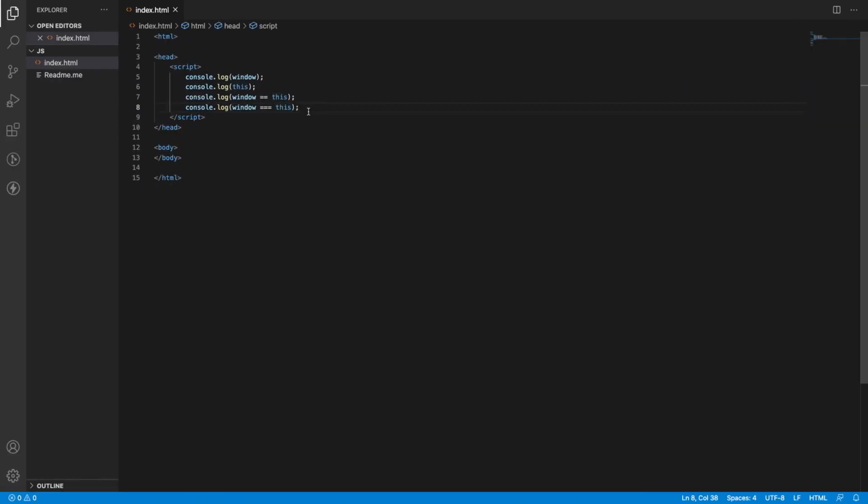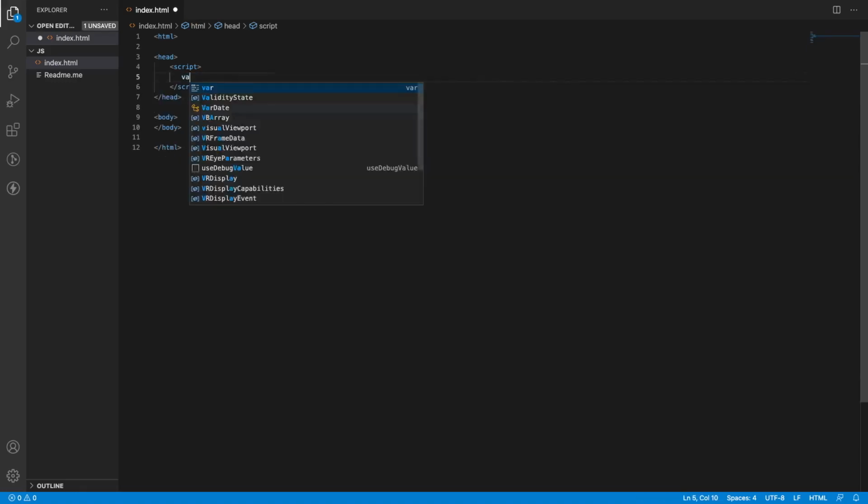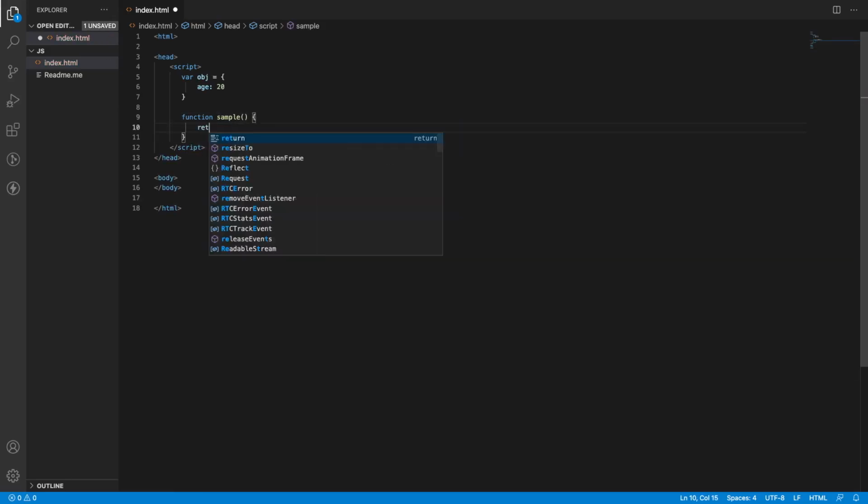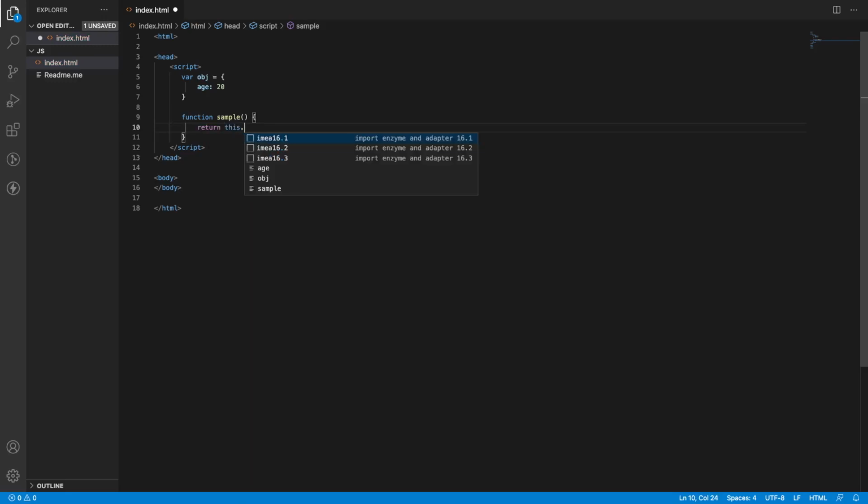So for example, let me create a variable obj and let me create something like age 20. After this let me create a function sample. Let me return this.obj.age.